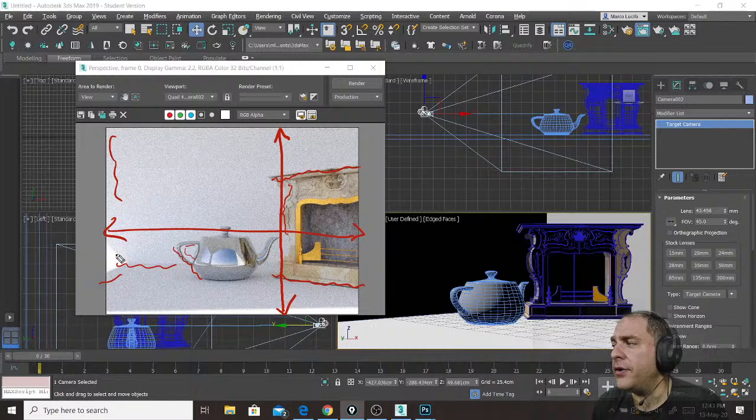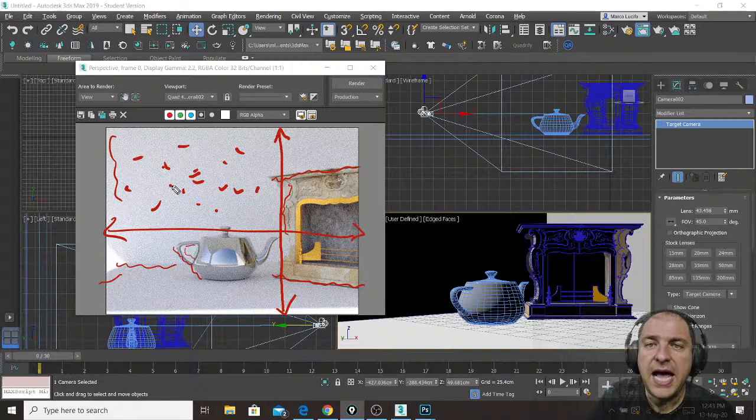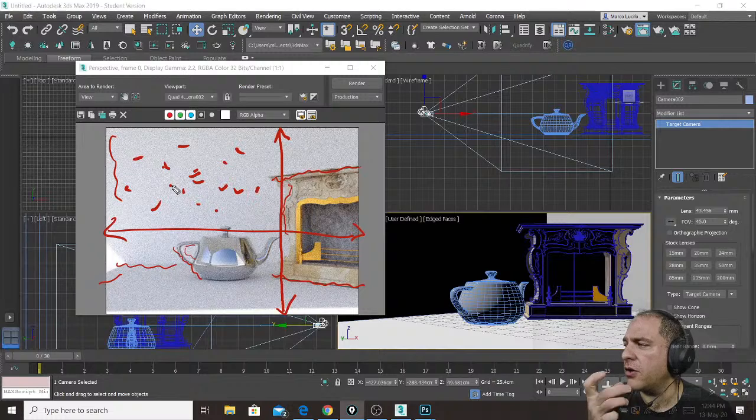And the third and most visible problem is that my image has a lot of visible noise. So this kind of grain that you see, all these dots. And these are the 3 problems that I want to eliminate, that I want to fix just by changing